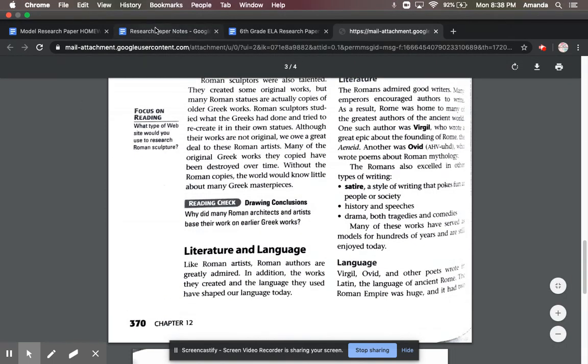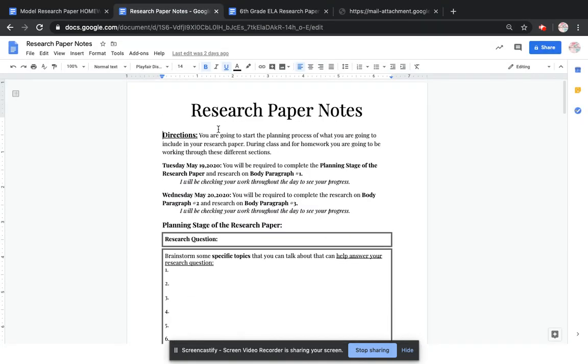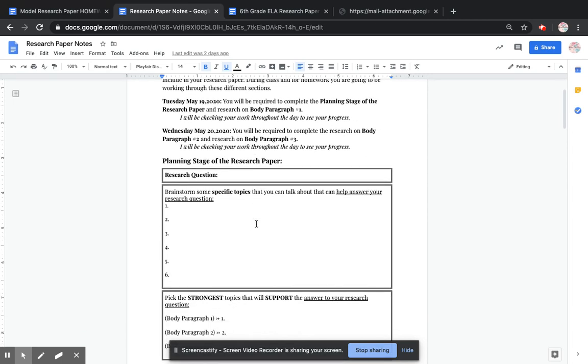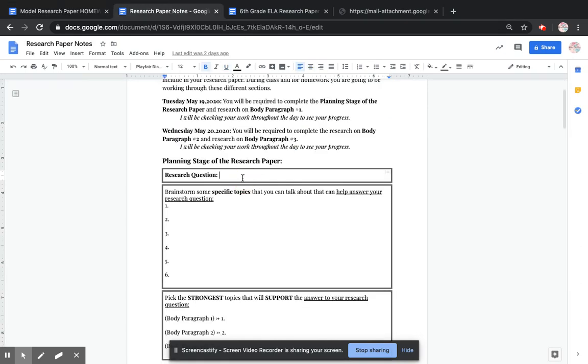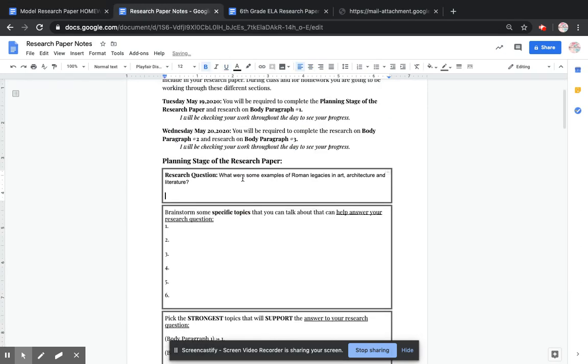So I have my research paper notes here, and it's the same paper that you guys are going to be using when we go over it. So we have research paper notes, the planning stage of the research paper. All right, so right now I'm in my planning stage. I just started, and all I have is my question, just like that's how you guys are starting. So I'm going to copy that, and I'm going to go ahead and put that in my document